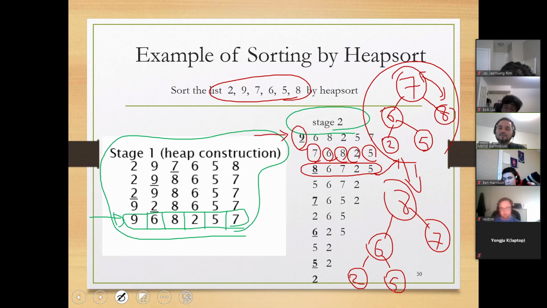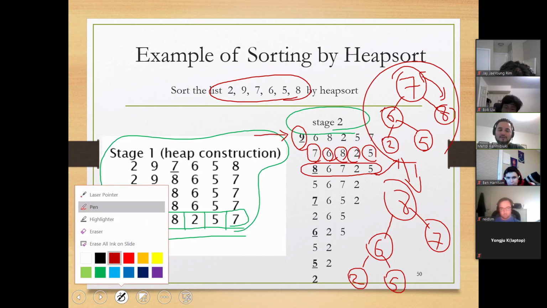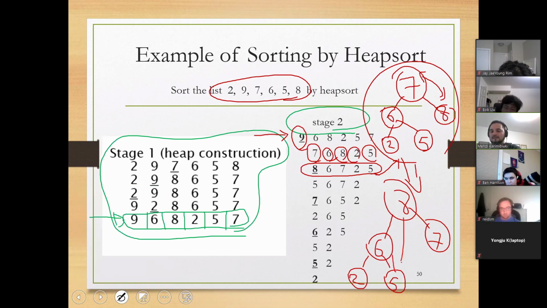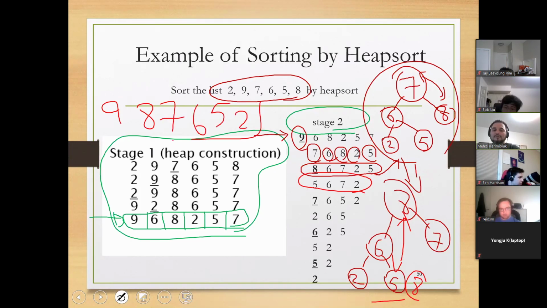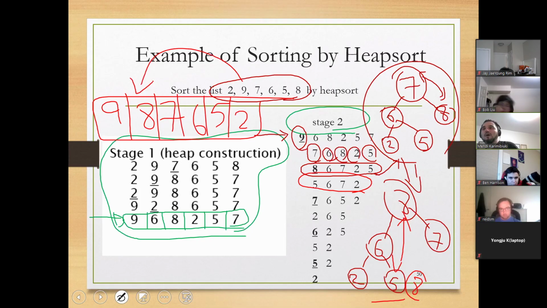We swapped 8 with 5. The last level, rightmost wing, comes to here. We take the 8 out. It comes here. We take it out. So we already have 9. Then we have 8. So if you guys continue doing that, you're gonna take 7 out, then 6, then 5, and then 2. So that's how things are gonna end up sorted as a heap sort from an